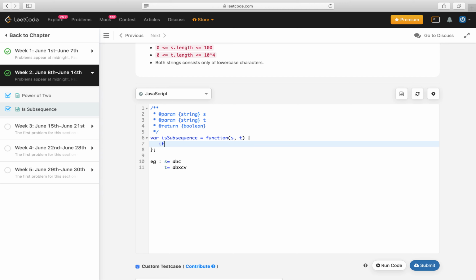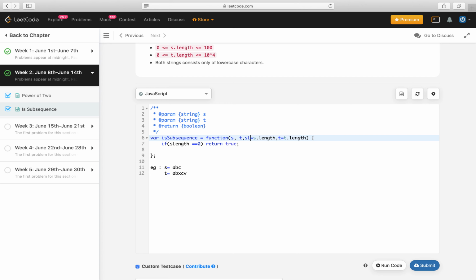Let's start with the base cases. If s length is equal to 0, then we return true. These are our base cases. S length is a parameter which will come as s dot length, and t length as t dot length.